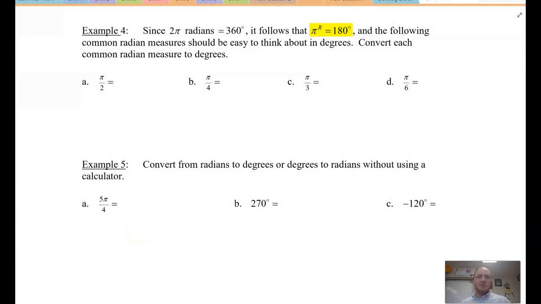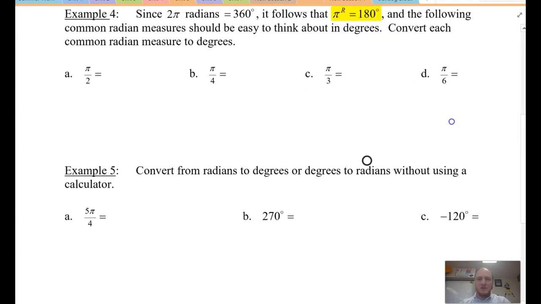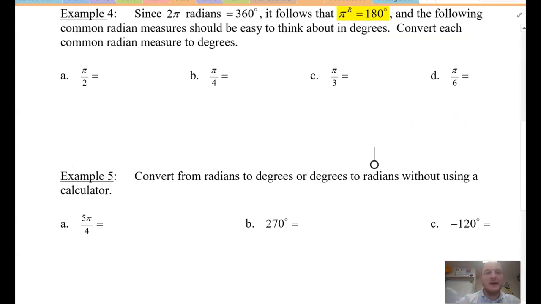All right, example 4 is dealing with unit conversion. Remember that to convert from radians to degrees, 2 pi radians, one trip around the unit circle, is 360 degrees. So the conversion rate is pi for every 180 degrees. If we want to convert these angles into degrees, we can take pi over 2,